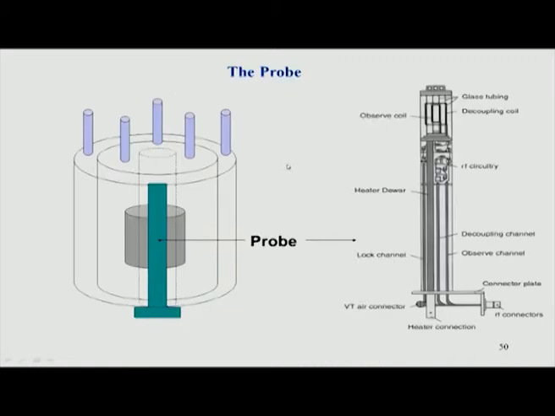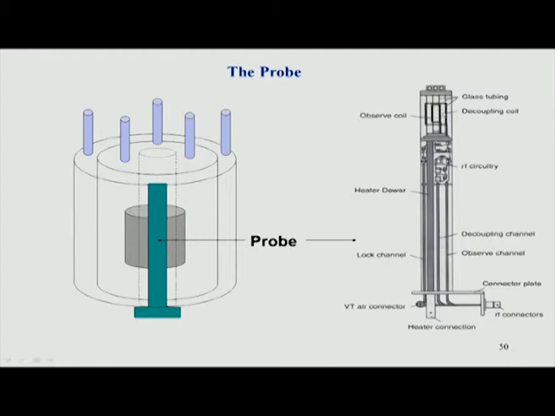What is a probe? If you refer again to the diagram we looked at for the magnet, in the center of the magnet there is what is called a bore, a hole. That bore runs all the way from top to bottom, and it contains a thing called the probe. This is the green thing shown in a T shape. This is what a real probe looks like. The probe is essentially the hardware part where we put the sample.